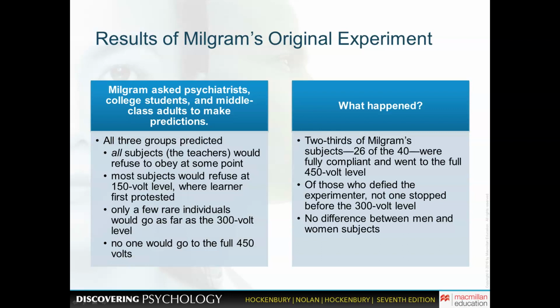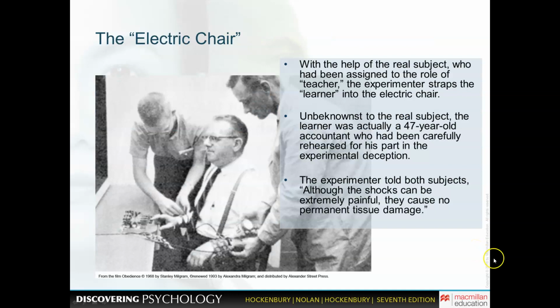I'm going to go back one slide here to show you. This individual here is wearing a lab coat, and hence that person has a sense of authority. So this person sitting down is engaging in a certain type of behavior that he wouldn't ordinarily agree with or engage in, but because this person in the white lab coat has